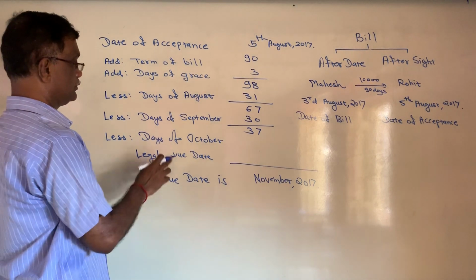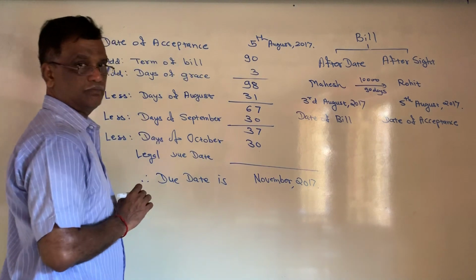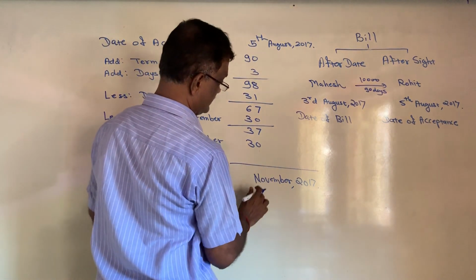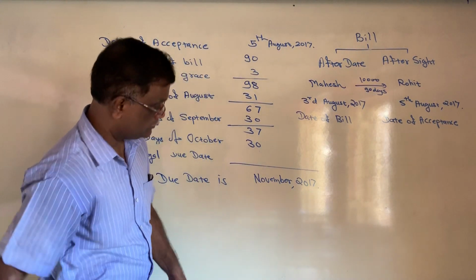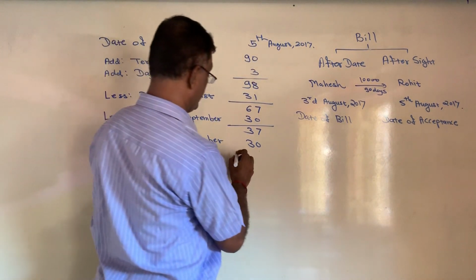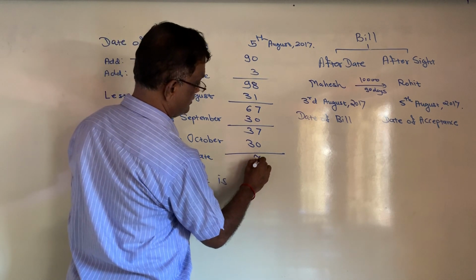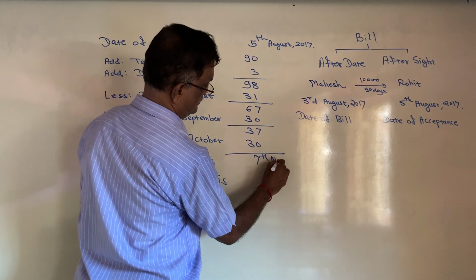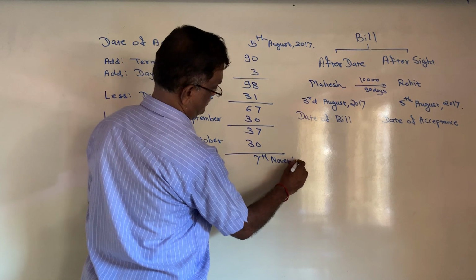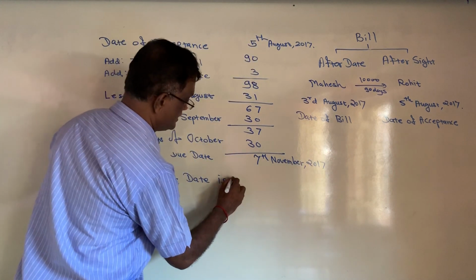And now we will deduct the total number of days of October, 31. So your answer will be 7th November. So this is how your answer for the due date changes slightly. So the due date is 7th November